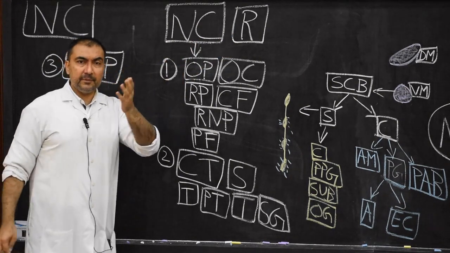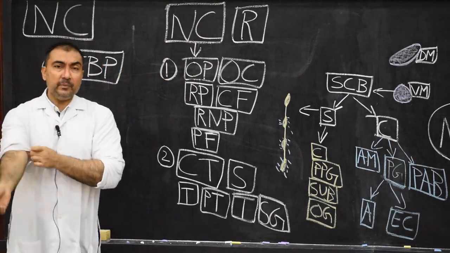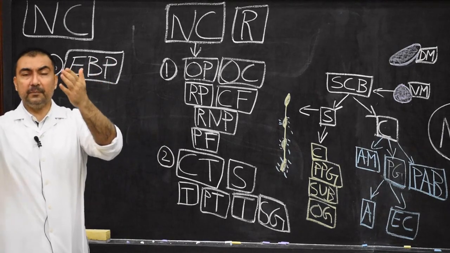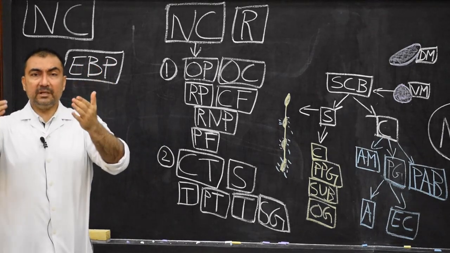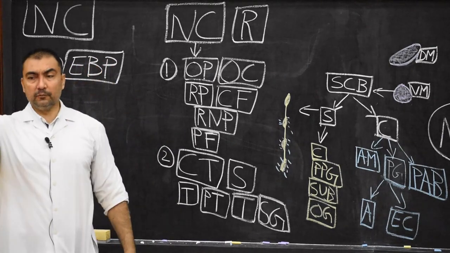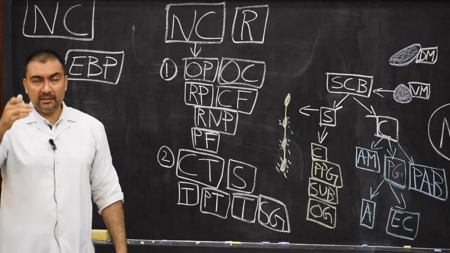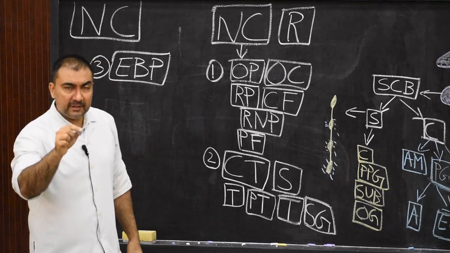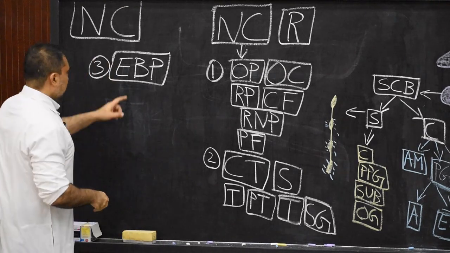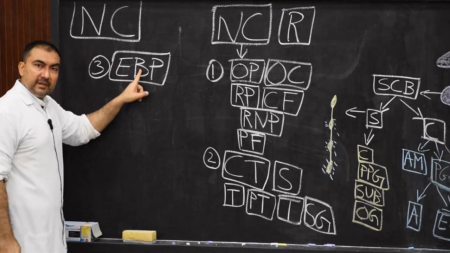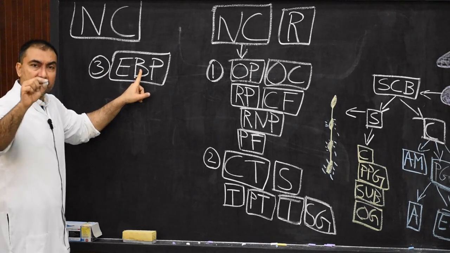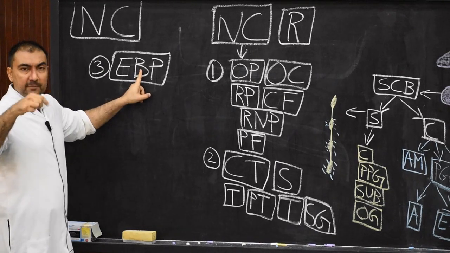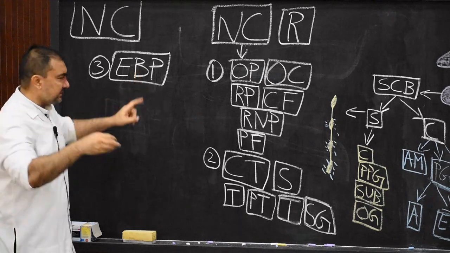What will these epibranchial placoids develop into? How many ectodermal clefts are there on either side? 4. 1, 2, 3, 4. Between the 6 arches, of course the 5th arch will disappear. So out of that, the first ectodermal cleft, there will be development of epibranchial placoids. Epibranchial placoids will develop in all the clefts. But from the first one,